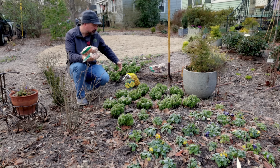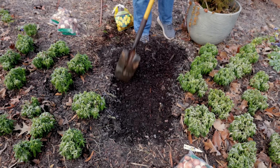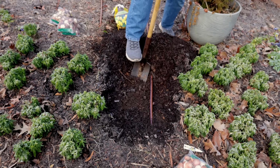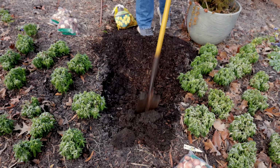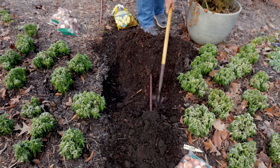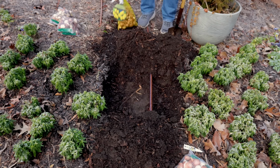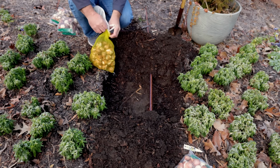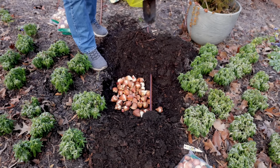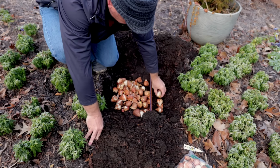I'm actually going to put these pretty close together, because I'm treating them as annuals and they're not going to come back every year and fill out for me. And so I'm putting them almost bulb to bulb in the trenches that I dig. I want the top of the bulb to probably be about 4 inches below the grade. So I'm going to dig out enough space for them and set the bulbs in with the pointy end up, maybe, like I say, less than an inch apart each, and then recover them very gently to make sure I don't knock them all over around in the trench that